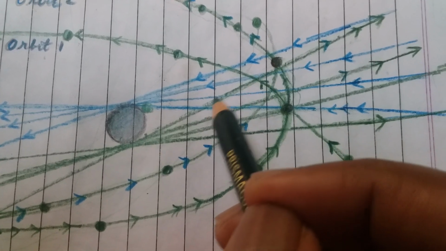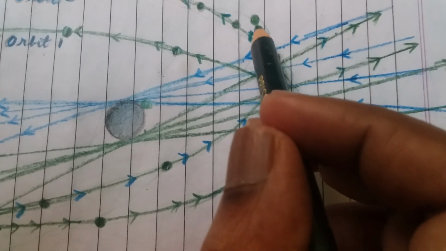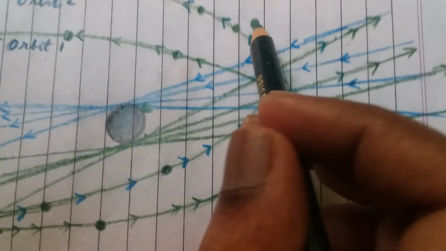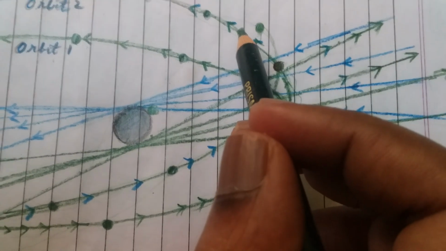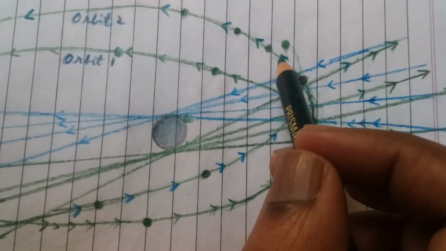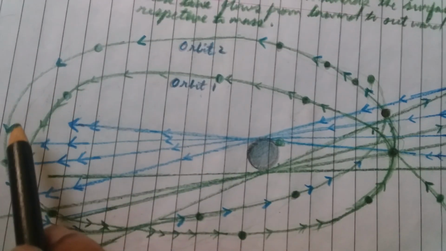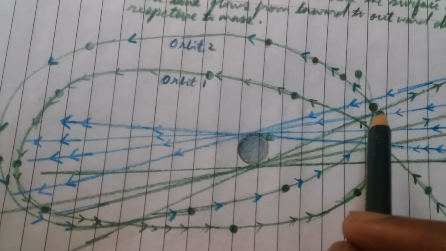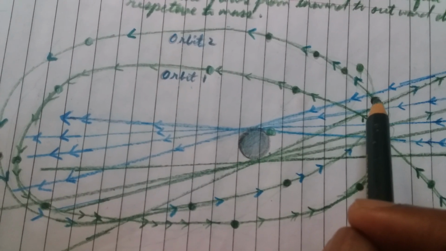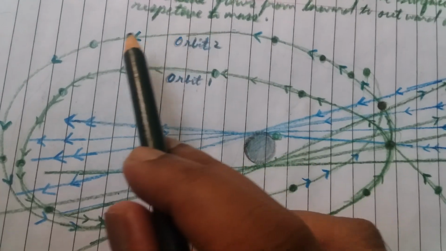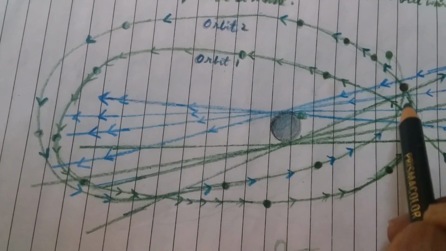Here also there is an outward force acting on the given body. So again it bounces slightly, and I have drawn the mass over here, and this way the orbital line takes place. Another orbital line takes place. There is orbit 2. So this is how this mass, Mercury, drifts from one path to another path, and orbit 2 takes place, and then it takes one rotation from here to here, and it comes back here, and